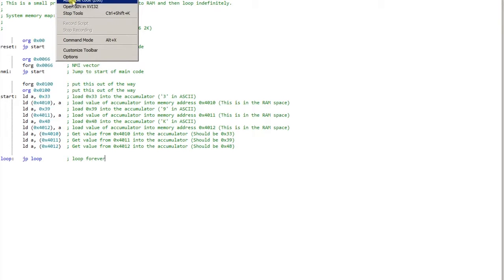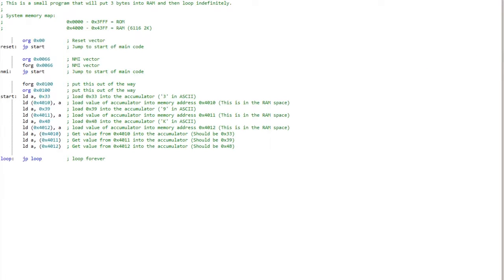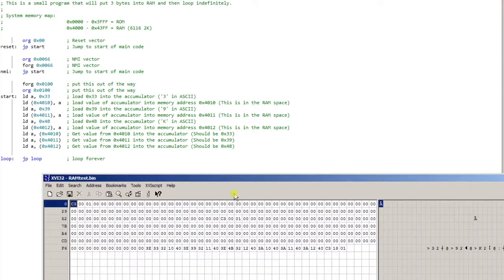So let's assemble that. See, it assembles nice and quick, and let's have a look at the hex code for this. Now you can see here C3 is a jump, an unconditional jump, and it reads these backwards, so it's 0100, which is here, and then